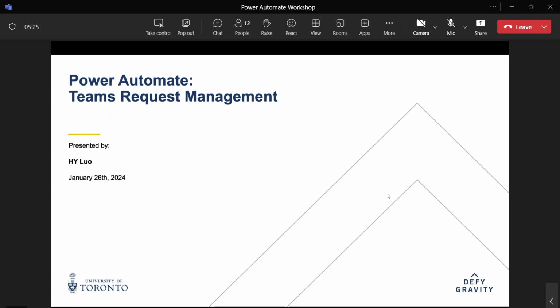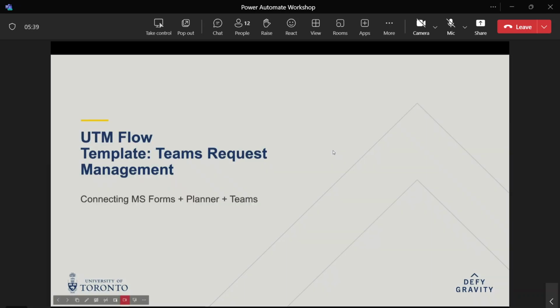So, the workshop today is to introduce to you the Teams request management Power Automate flow. The point of this flow is to connect three different Microsoft applications: number one, Microsoft Forms; number two, Microsoft Planner; and number three, Microsoft Teams. It creates automation between these three applications through Power Automate, turning the combination into a light request management system that will hopefully